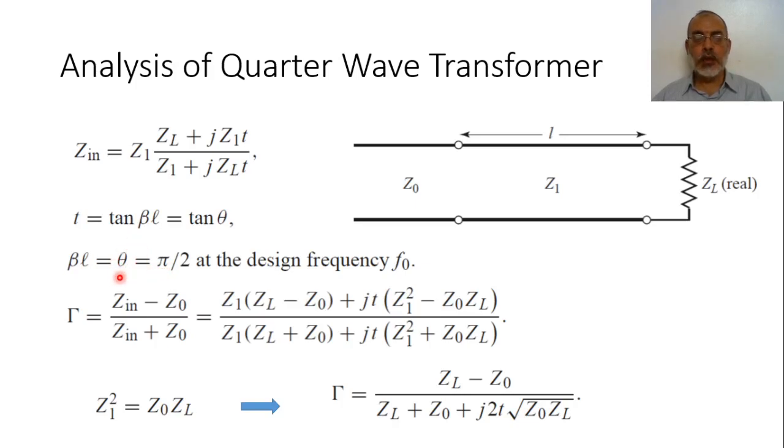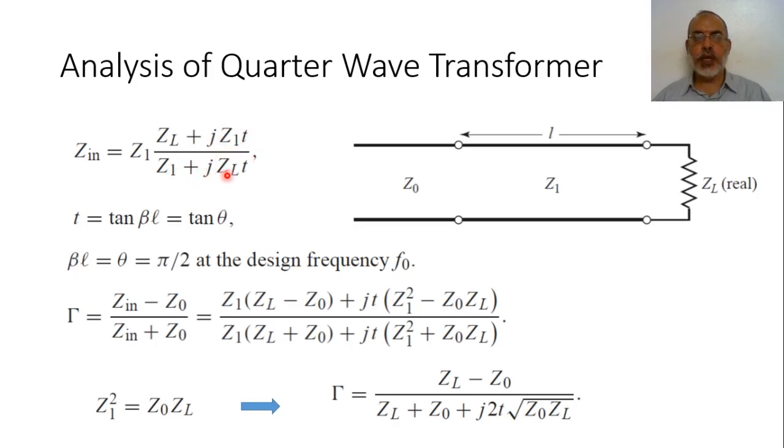This theta corresponds to tan beta L = tan pi over 2, which equals infinity. Alright? So at the center frequency, the input impedance equals Z1 multiplied by (ZL plus jZ1 multiplied by infinity) over